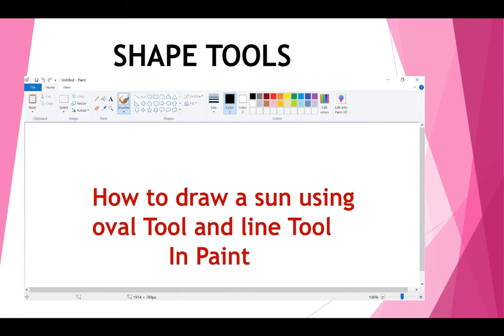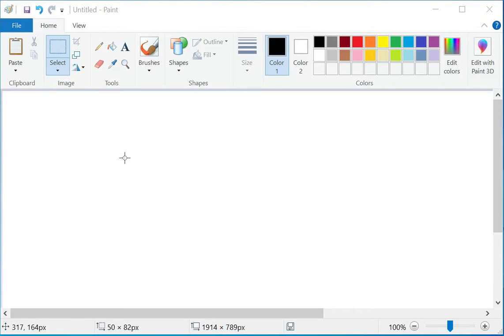Now in this section we can learn how to draw a simple sun using the Oval tool and Line tool in Paint. Now we can learn how to open the Paint in laptop or computer and how to draw in a simple way. Open the Paint by typing on the search bar,